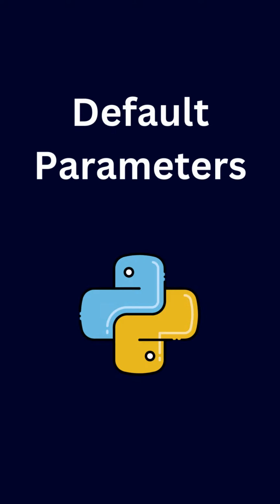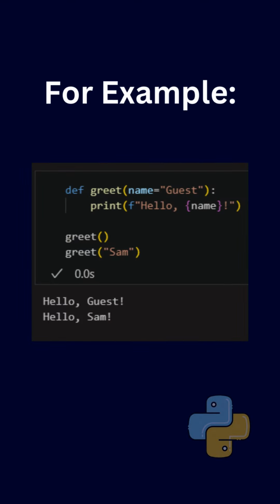Talking about default parameters. When passing a parameter in the function, if we want to allow an empty parameter a default value, then we just assign it a default value on the screen as we define guest. And the first time we call it without defining, we can see guest as it is printed by the code.